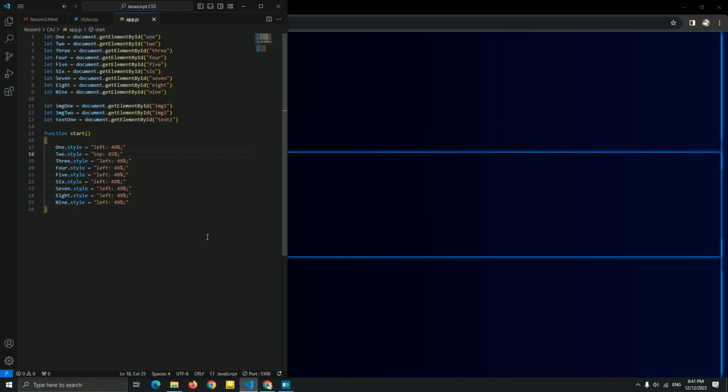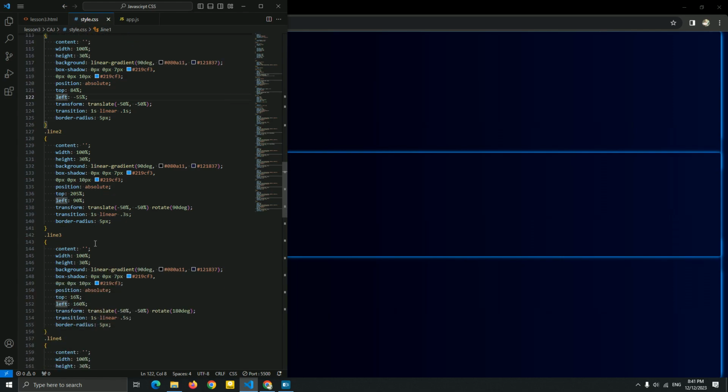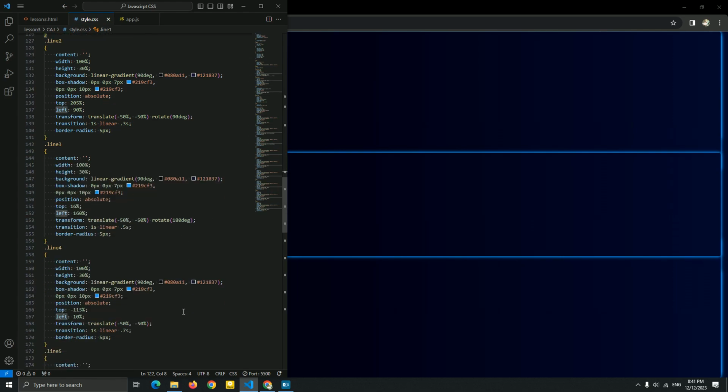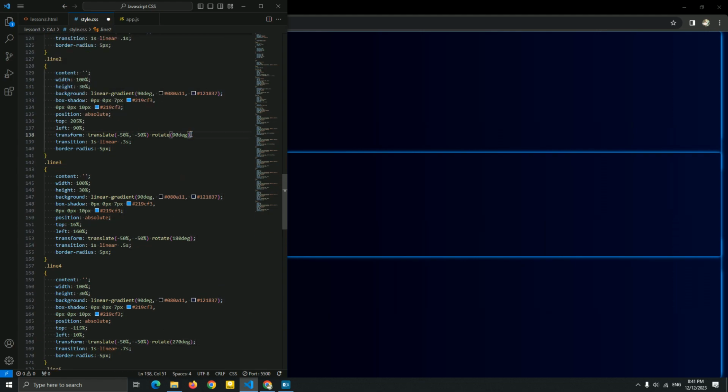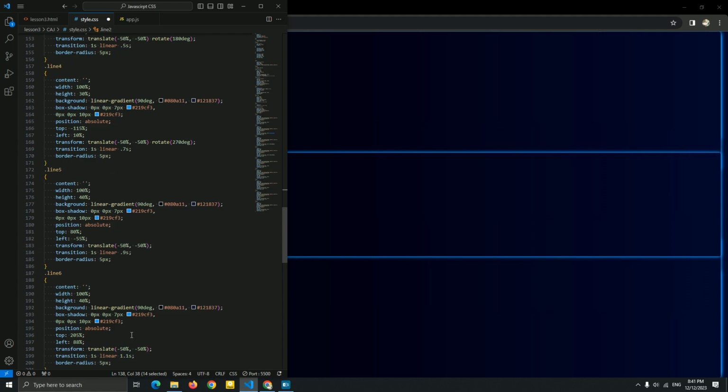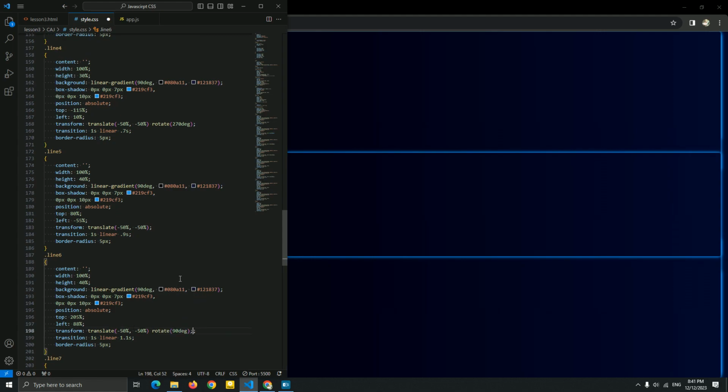Okay, now for the third line, we add a left. Let me just see it. Now for the third line, we add a rotate. And I think I didn't add the rotate for the line 4. I'm sorry, the line 4. Let me add a rotate 270 degree for this rotate of the line 4. Very good. Now the next line of the line 5, no need to add this, but we're just gonna copy this for this line 6 and the 7 and 8.